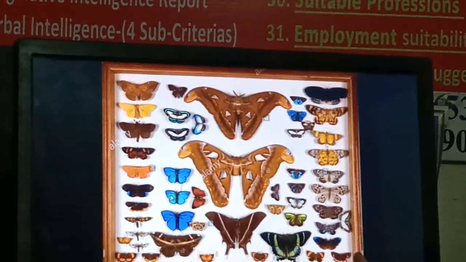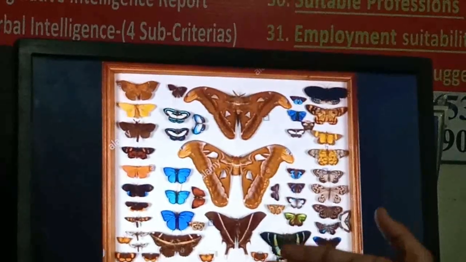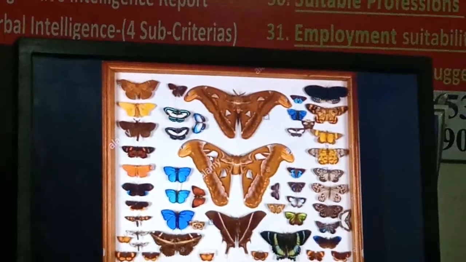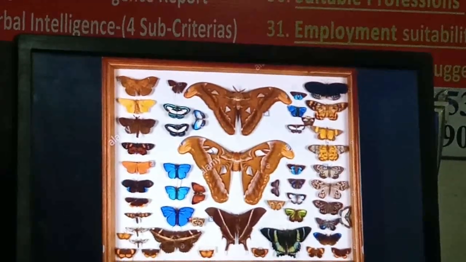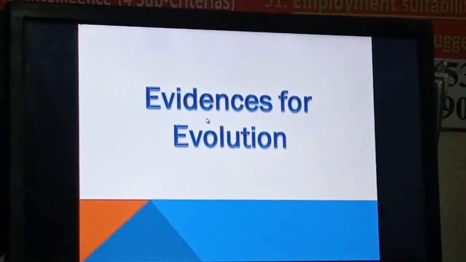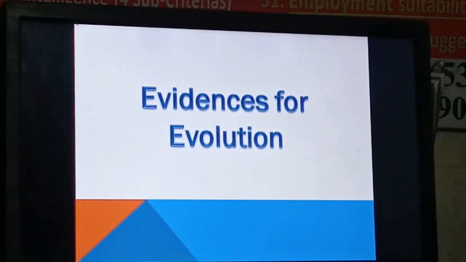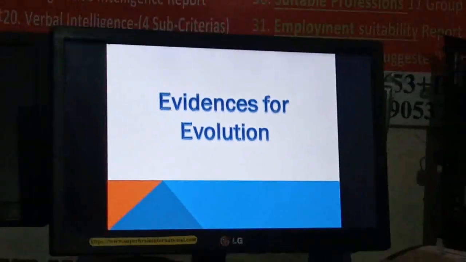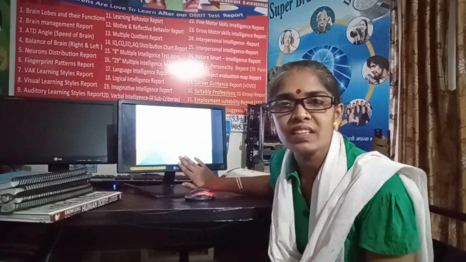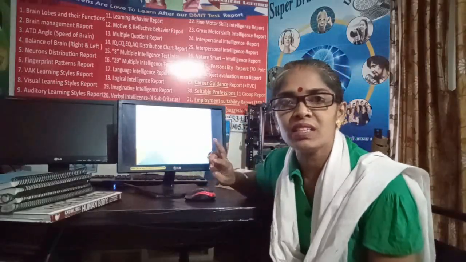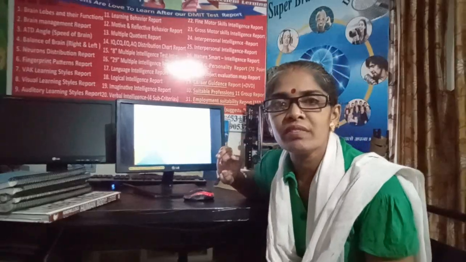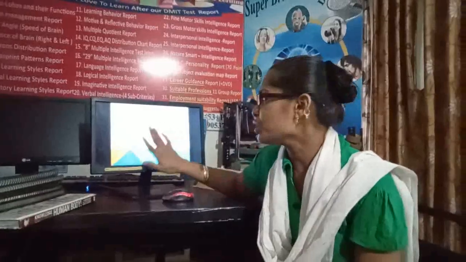So whatever the variations they produce, because of that they become a new species. So these are some of the theories given by the different scientists. Now what are the evidences for these theories and the evolution, which we are saying, that in this way the evolution takes place? There are different evolution evidences. In that, paleontological evidences are there, anatomical evidences are there, and embryological evidences are there. Among that, first we will see paleontological evidences.